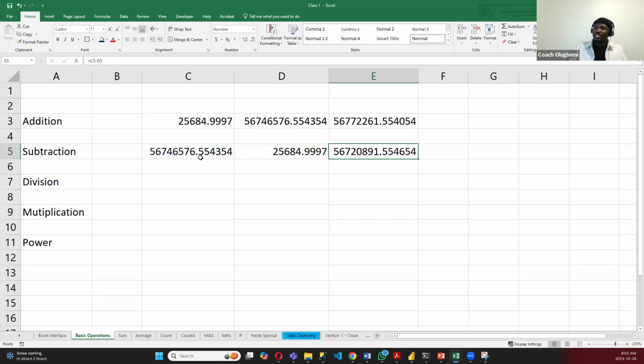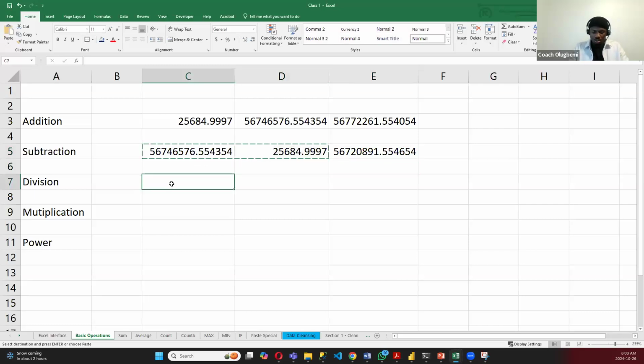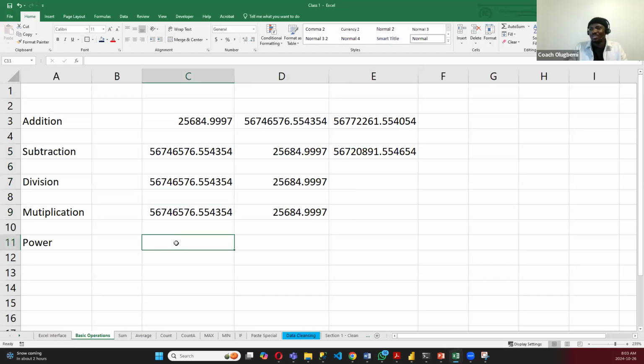The subtraction is done. Now, the same thing, if you want to do division, let me copy, we'll just use the same number all through. So let me paste it here. Let me paste it here. I know we can't use this one for power. It's going to blow up our Excel. So let me use this one and